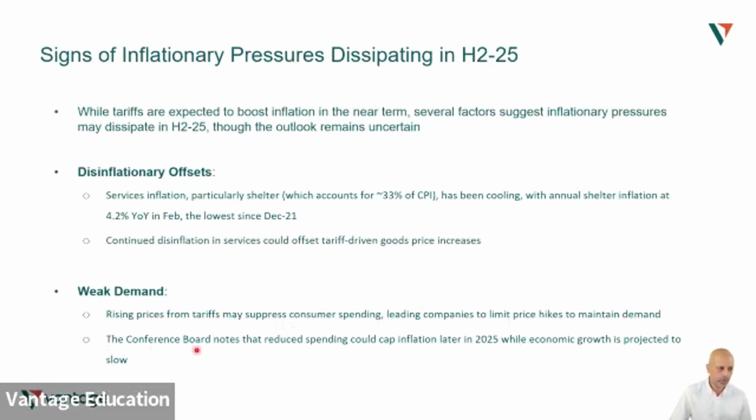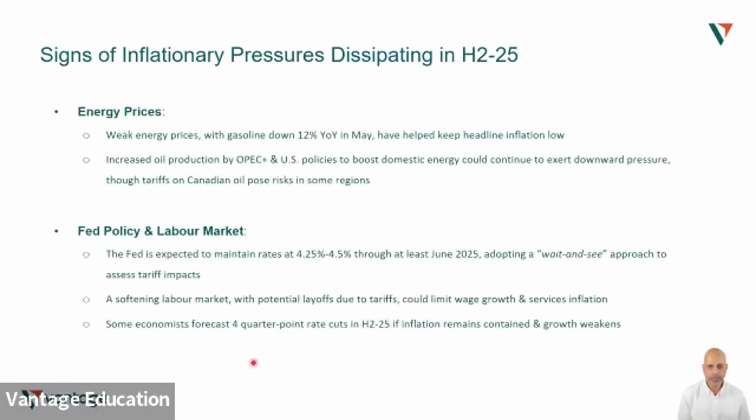Now, the Conference Board, which is a US agency, has noted that reduced spending could cap inflation in the second half of 2025, while economic growth is projected to slow as well. Energy prices have contributed significantly to downward price pressures, with gasoline down 12% year over year in May, helping keep headline inflation low. Increased oil production by OPEC Plus and US policies to boost domestic energy could continue to exert downward pressure, though